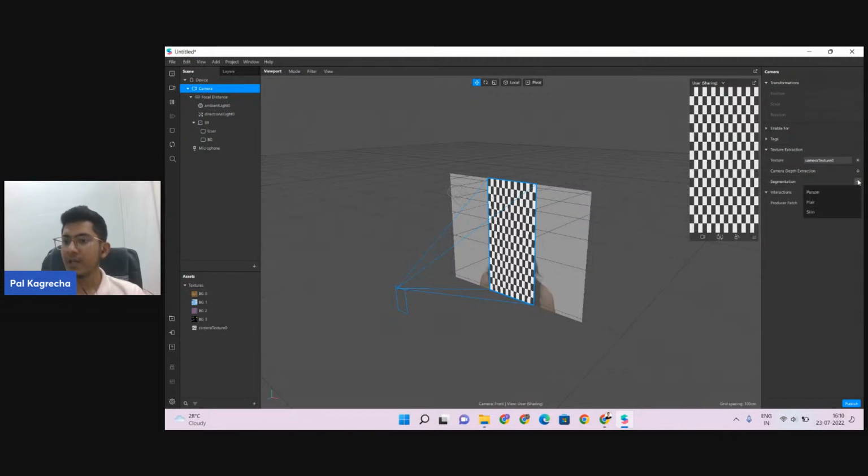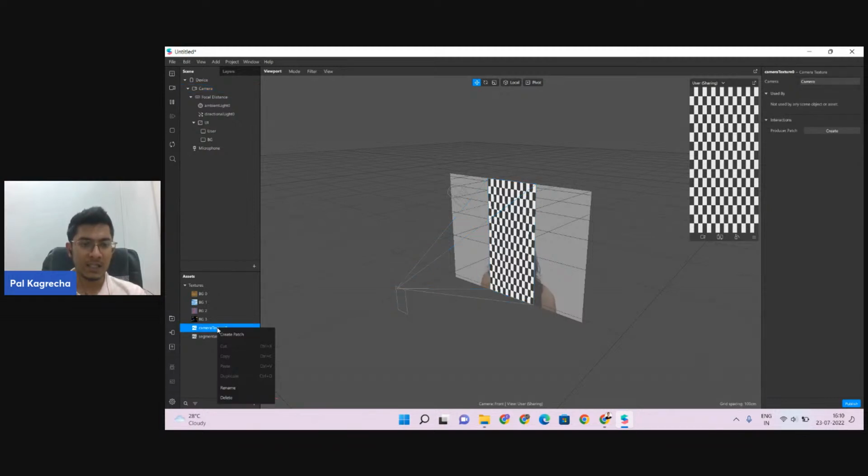So currently we have three types of segmentation, that is person segmentation, head segmentation and skin segmentation. As per our requirement, we can choose any one. So currently we need person segmentation. So right now you can see in textures, we have all our textures, background textures and camera texture as well. So we'll rename it to